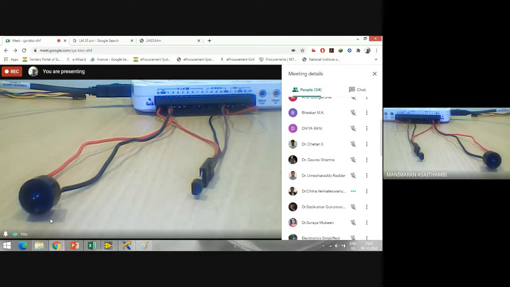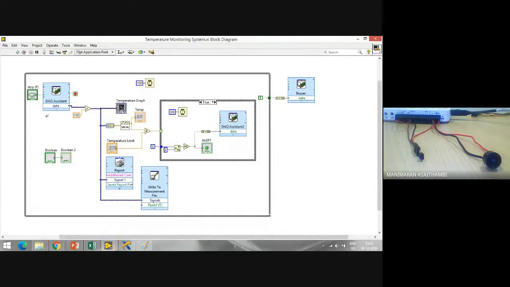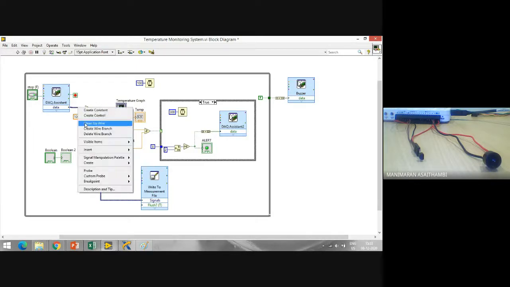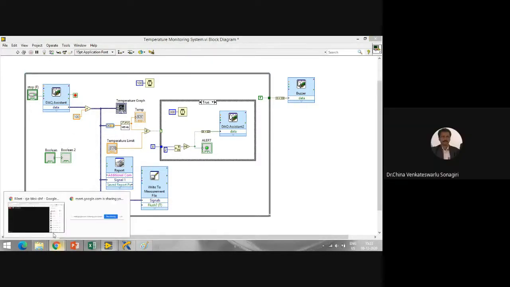If they start slowly by developing applications like today's, acquiring data and processing it one by one, and learn things like this, it would be really helpful for them in doing their project work as well.